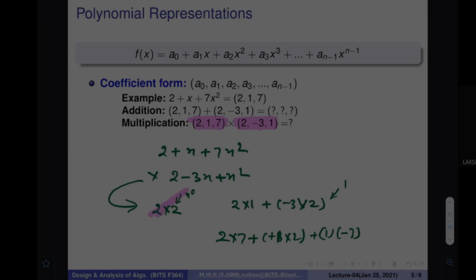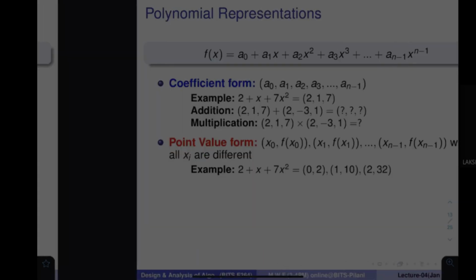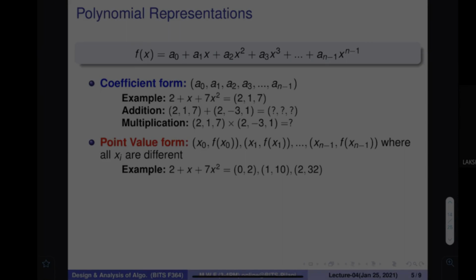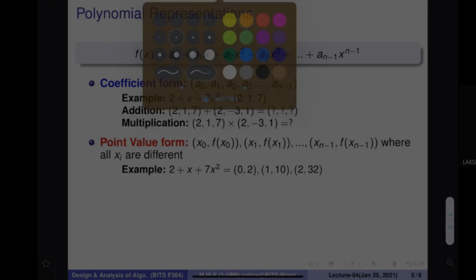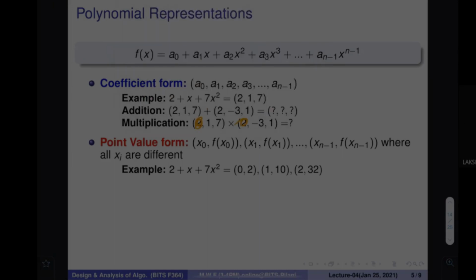You have to find out multiple terms, but at least you should know that all the things which are going to be produced are fixed. You know that if this term is multiplied by this term, you would get the constant term. If this term is multiplied by this term, you would be getting the x power 1 term.